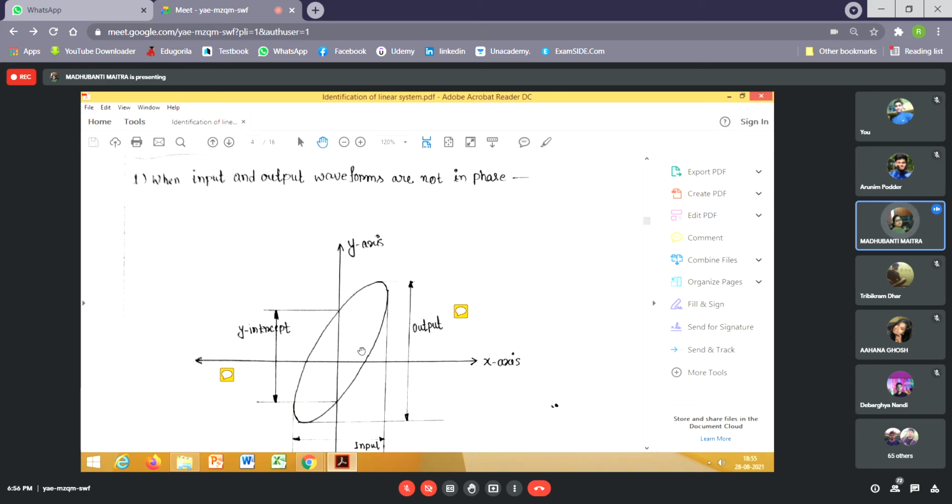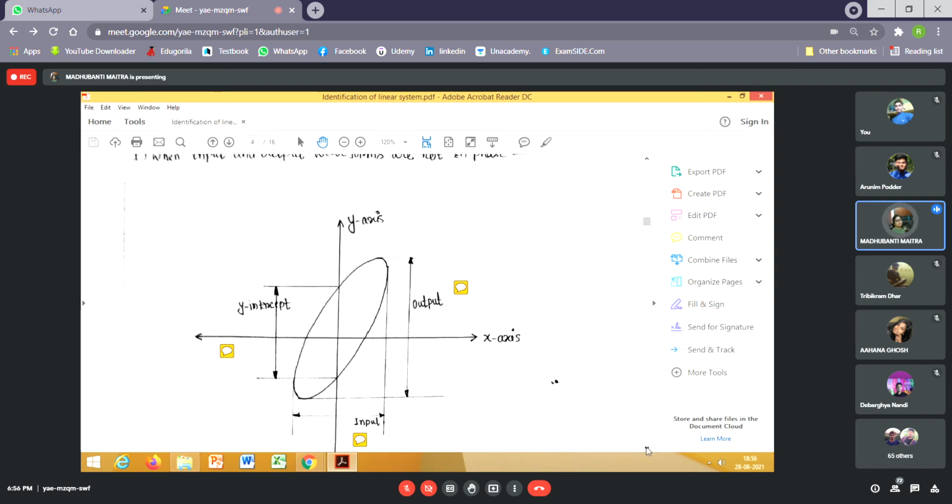Now we can put the oscilloscope in XY mode and let's assume that there is a phase shift between the output and the input and we are getting such a Lissajous figure. Then the projection on the x-axis, which is this much, can you follow, will give us the input amplitude. This is 2A. Can you see this? Yes, ma'am. So this is 2A, that is the amplitude of the input signal.